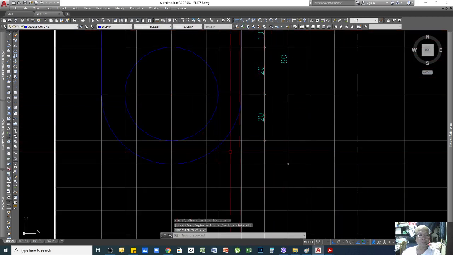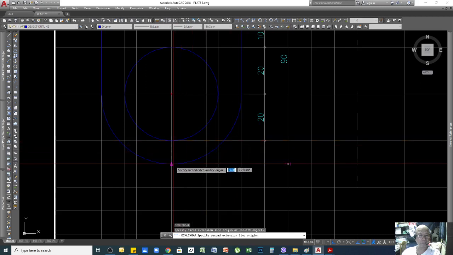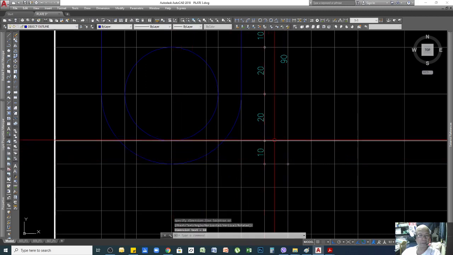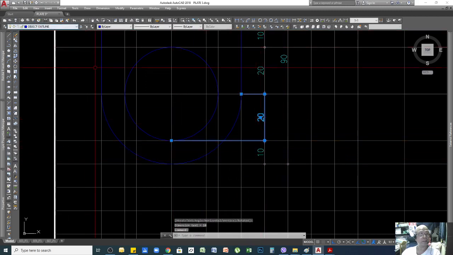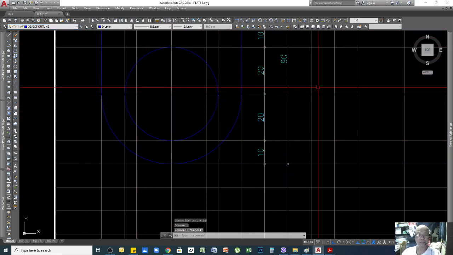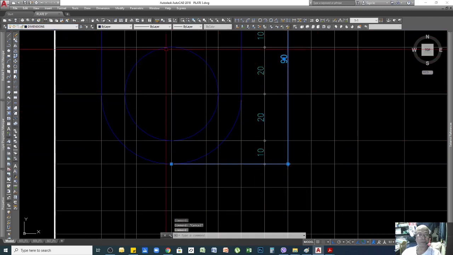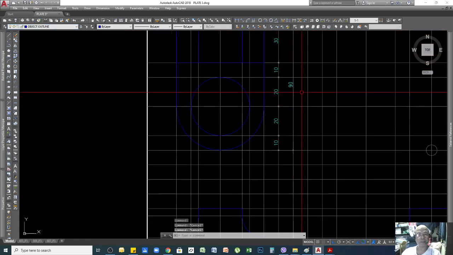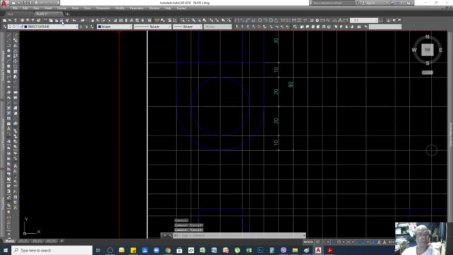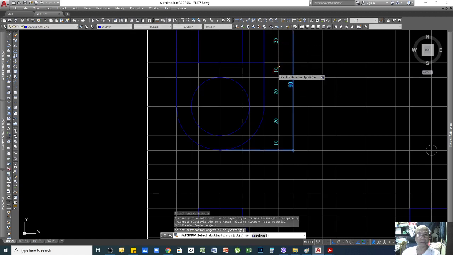Okay, so all these late additions of my dimension are under object outline, but since I have already changed this dimension to the dimension layer, I can just use match property. I will match this, click, click, click, click, click.